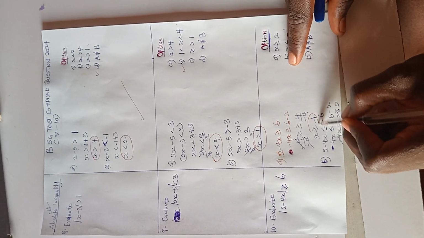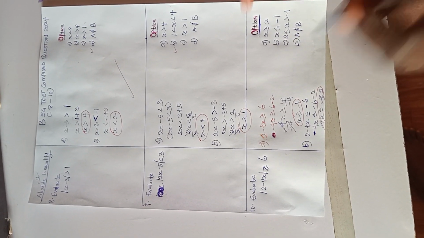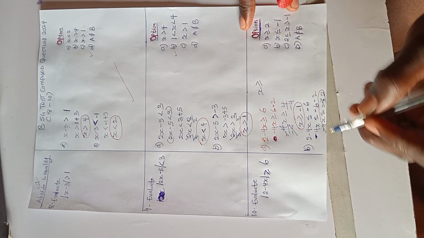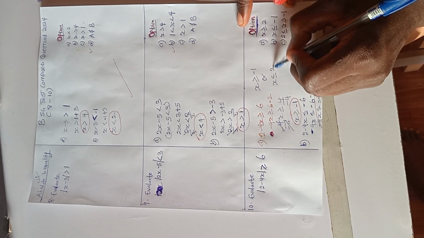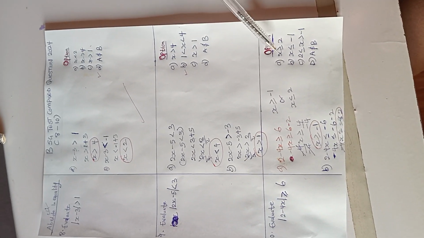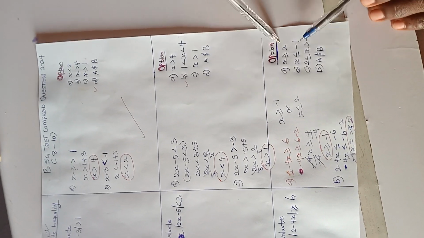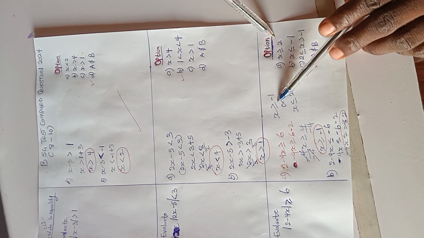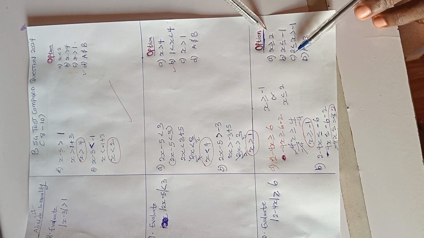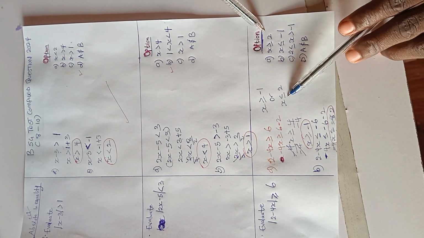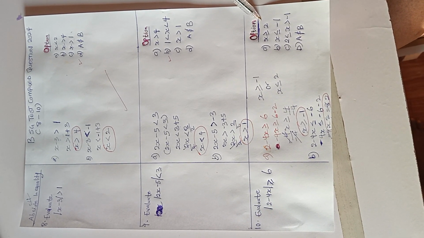That means our two answers are this and this. So let me write it here for a clearer view. Our answer is x is greater than or equal to minus 1, or x is less than or equal to 2. So now let's check our options for the right answer. A, x is greater than or equal to 2. It is not the same as x is less than or equal to 2, so that's wrong. B, x is less than or equal to minus 1. What we have here is x is greater than or equal to minus 1, so that's wrong. But in this one, they said 2 is less than or equal to x, x is greater than or equal to